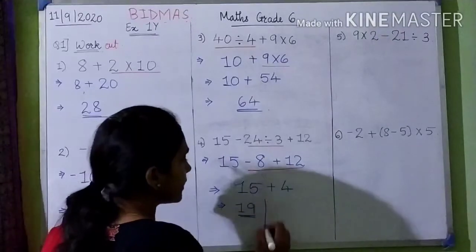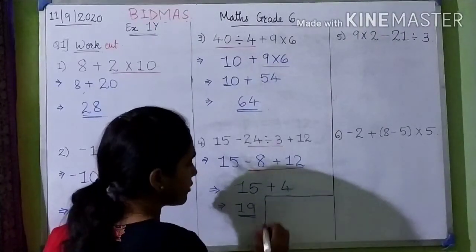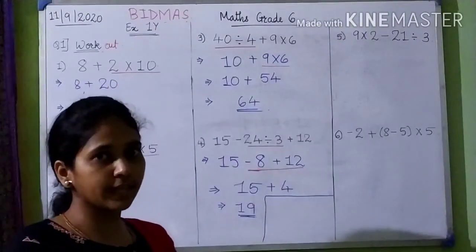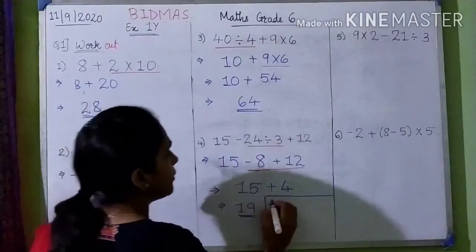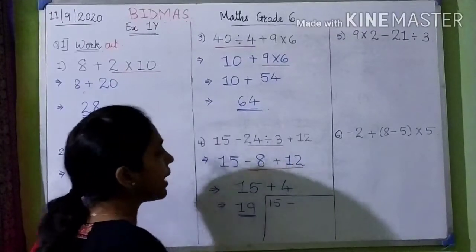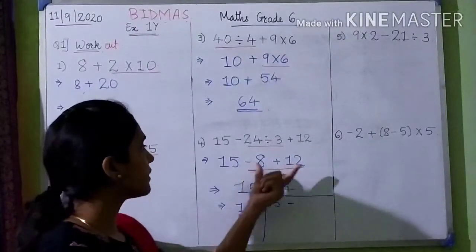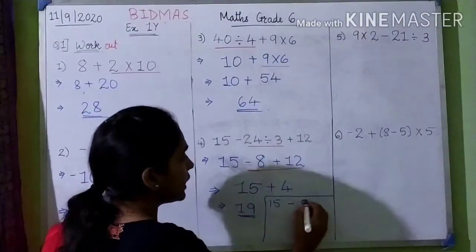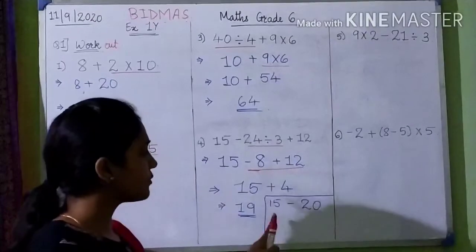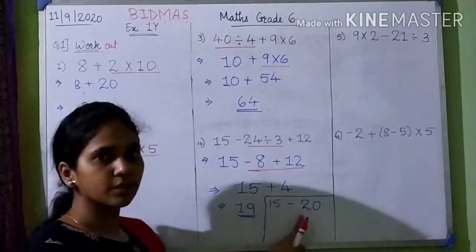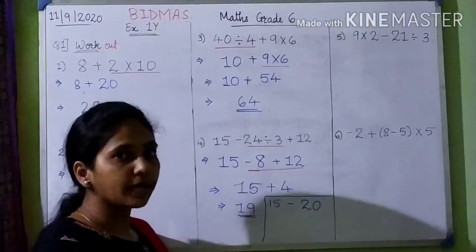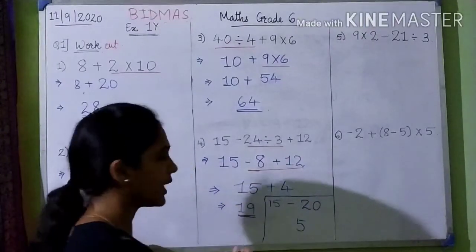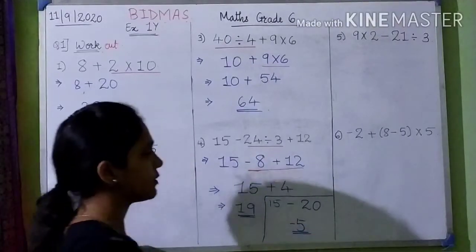Now if we don't consider the minus sign, this is an extra part which is not correct, but just to tell you what happens if we don't consider the negative sign, then we will write 15 as it is, we will write minus also as it is, and we will just solve 8 plus 12. So what is 8 plus 12? It is 20. So this becomes 15 minus 20. And what is 15 minus 20? One number is positive, other number is negative, so we have to subtract them. So 20 minus 15 is 5. Greater number is 20. It is having a negative sign. So this becomes minus 5.